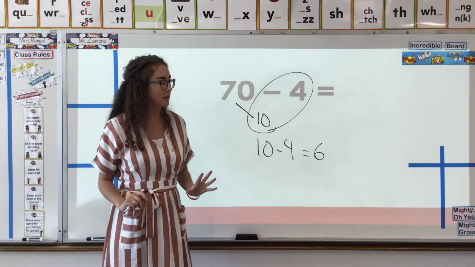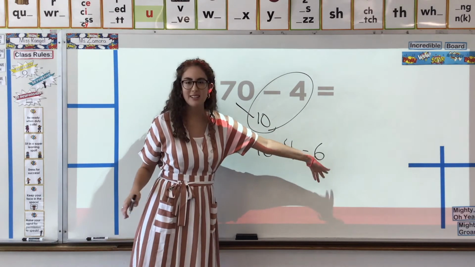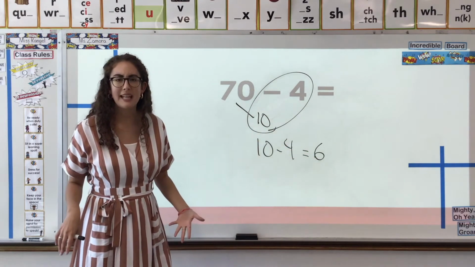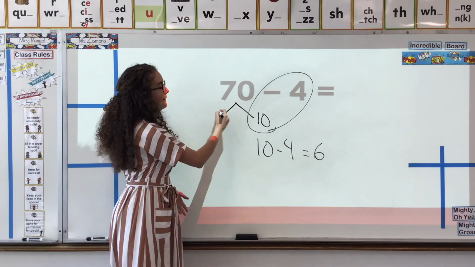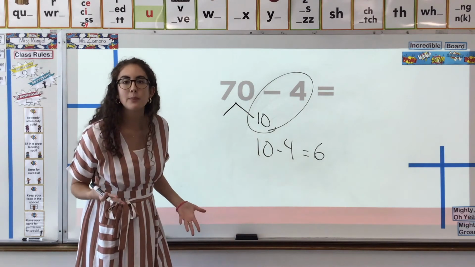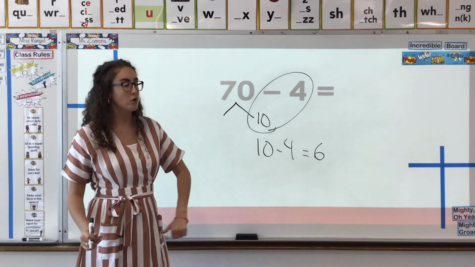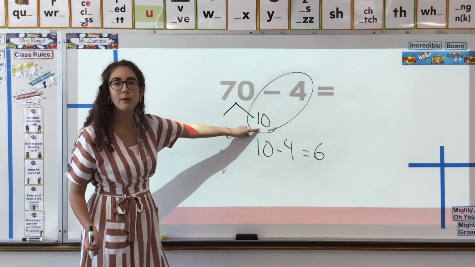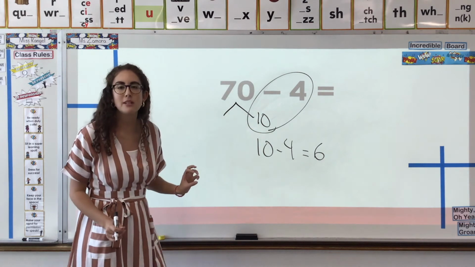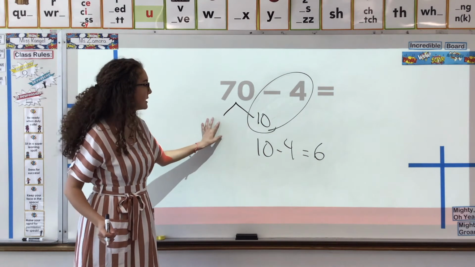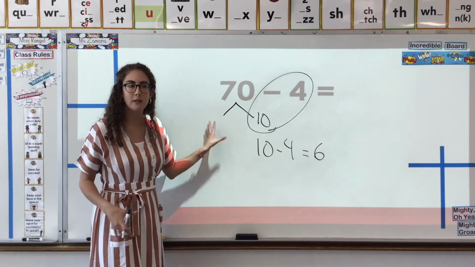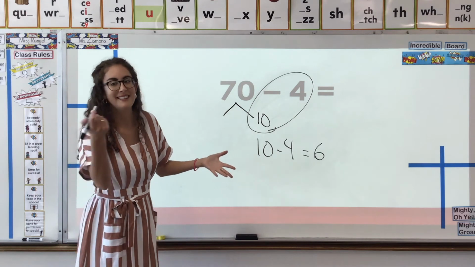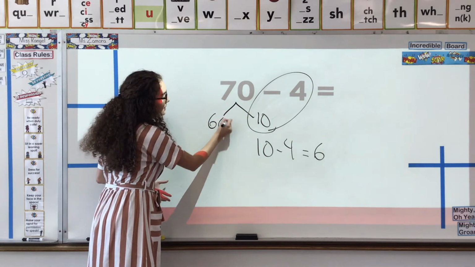Okay, what's next? We have part of our answer, but we need the other part. Where are we going to get it? We need to complete the number bond. So super scholars, if we took out 10, what is going to be left? We took out 10, what would be left in our 70? There would be 6 tens, which is